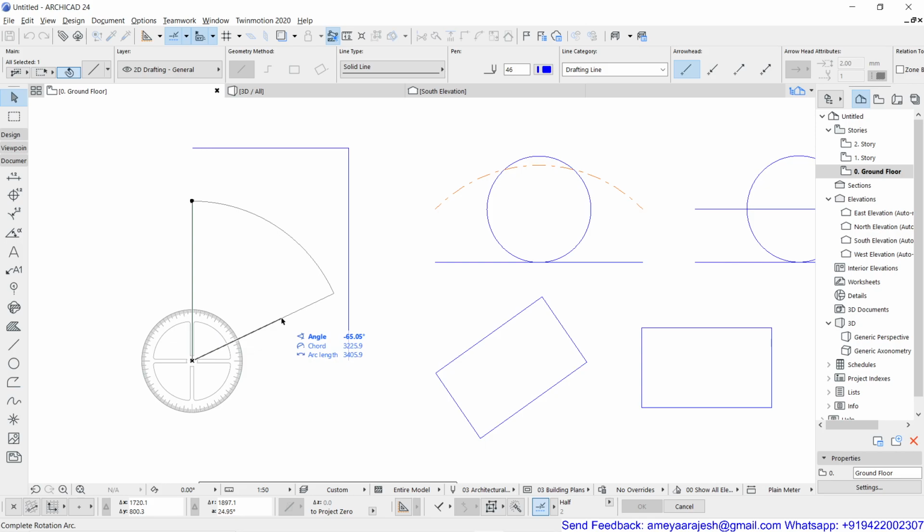So you know very well that last time in the move command also we did the same thing. What we have done, we have hit the control only once from the keyboard, so you got a single plus sign on your screen. And now you just have to complete your rotation. Remember, if you hit control and alt together, then you'll get plus plus. That means you can create multiple copies of the rotated object.